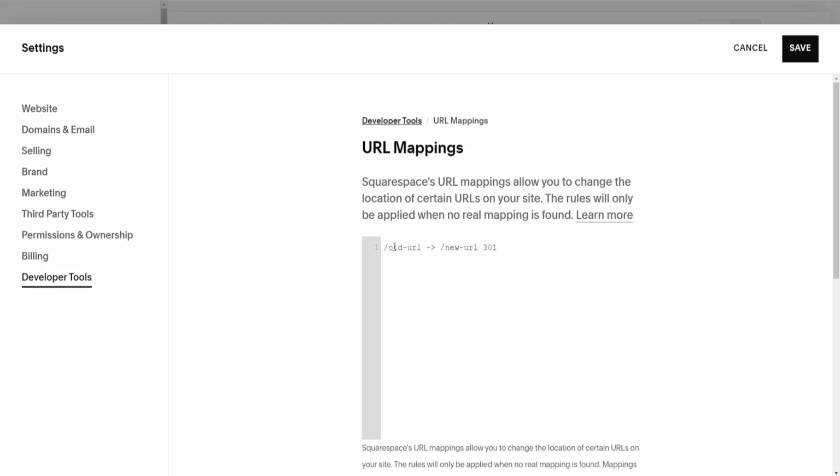So here I know that my URL for one of my pages is about, and then my other one is our instructors. And you will obviously change these with your own URL, so the old one and the new one that you want to redirect. And after you have done this, simply click on save,